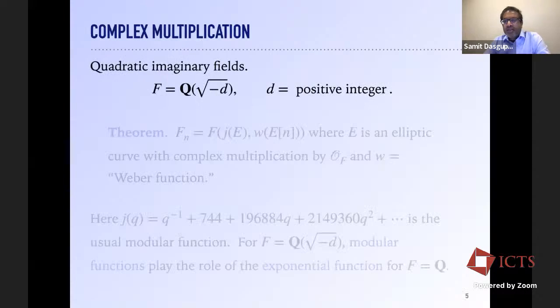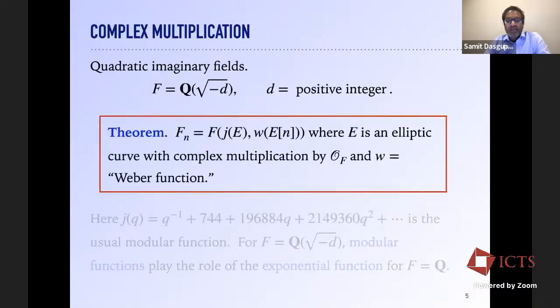Okay, and there's just kind of a similar description when the ground field is a quadratic imaginary field. So suppose that F is Q adjoin root negative D for a positive integer D. Then you consider an elliptic curve with complex multiplication by the ring of integers in that quadratic imaginary field, and you adjoin the j-invariant of that elliptic curve together with essentially the n-torsion points, the coordinates of the n-torsion points of that elliptic curve, then that gives